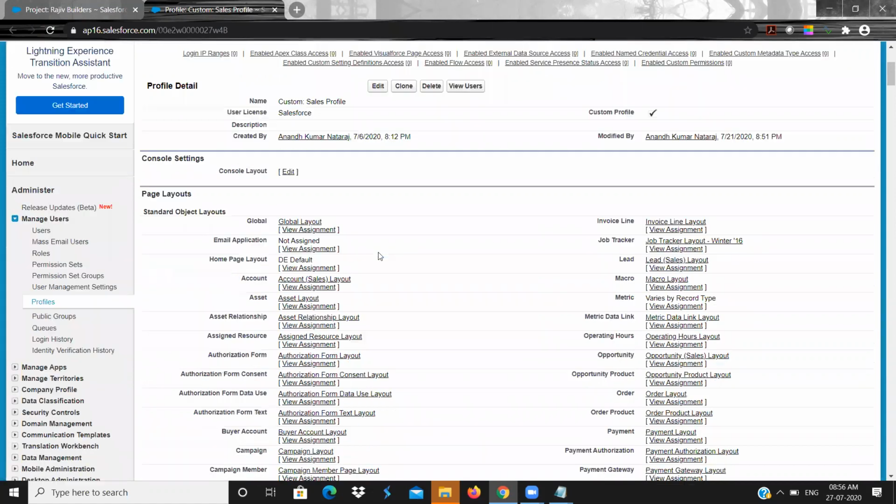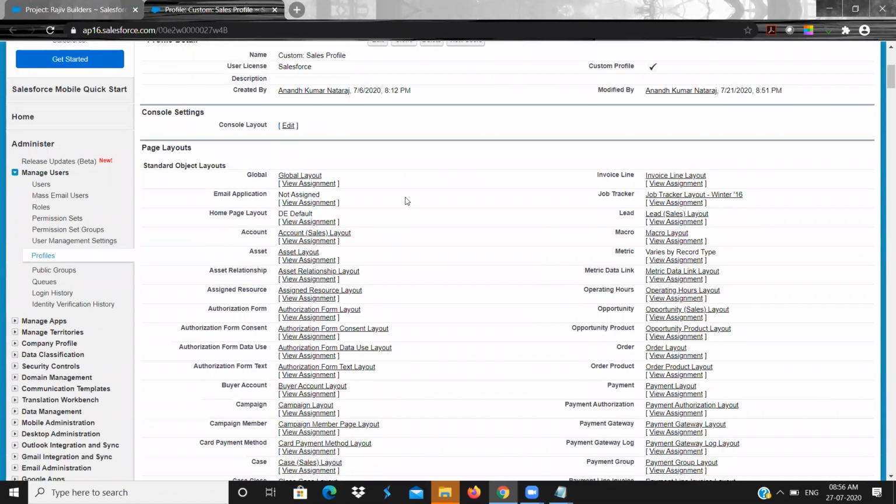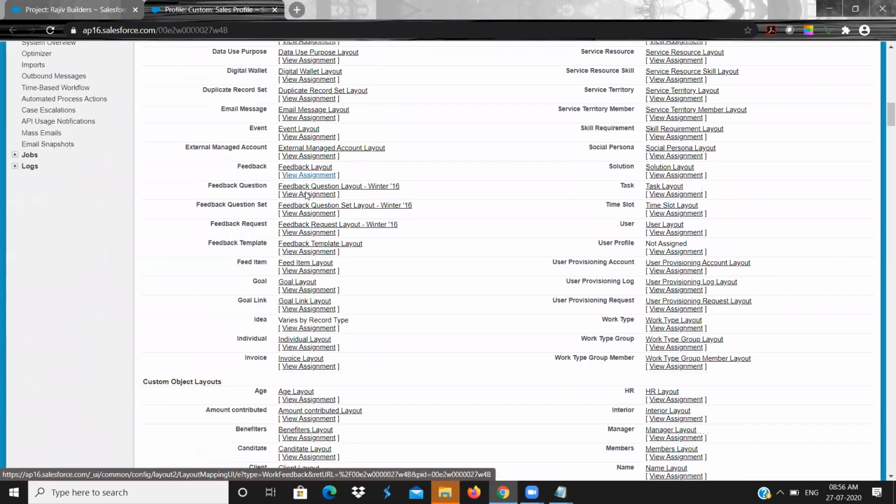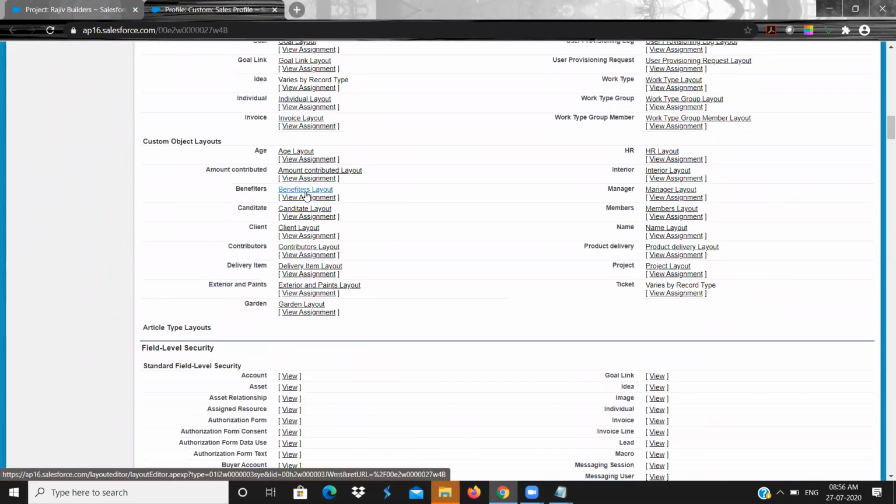I can control the page layout. I can control the page layout. See, I can click view assignments. We have created one page layout, right? For custom object. We created page layout for a ticket.